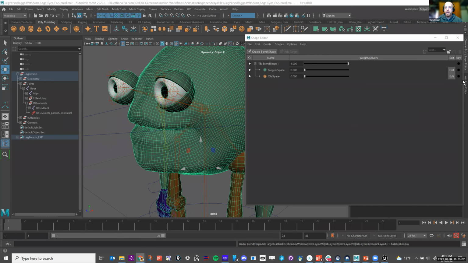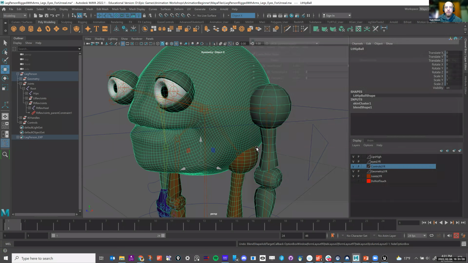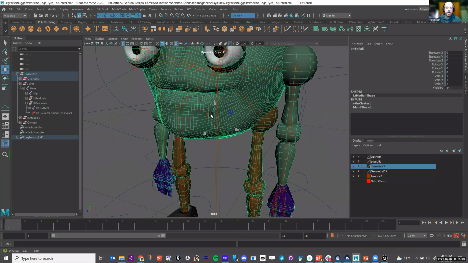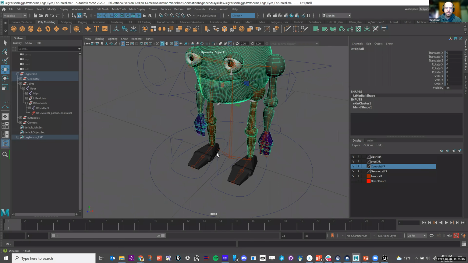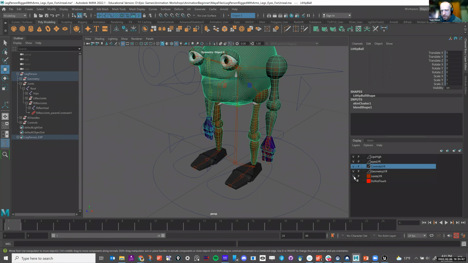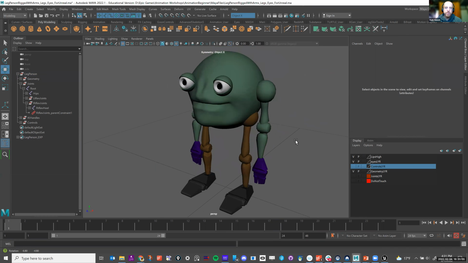So when I've done my blend shapes and have whatever kind of face shapes I want, that's fine. The other thing that I wanted to also mention is the coloring. Right now, you can see that there's some different colors on this character. I'm going to shut off the joints, and I'll shut off my controls so you can easily see it. So you can see that I just have some simple color on there. I didn't put on any textures.